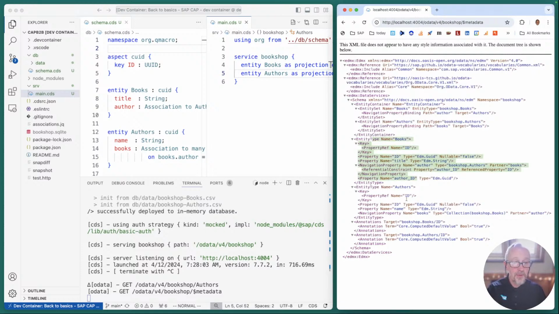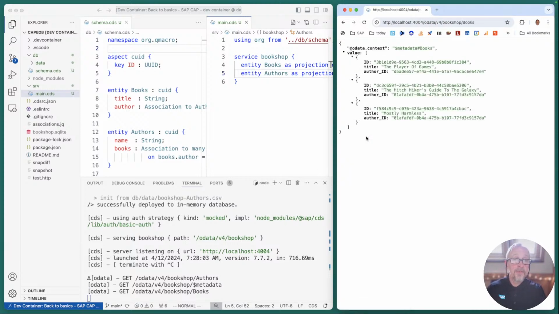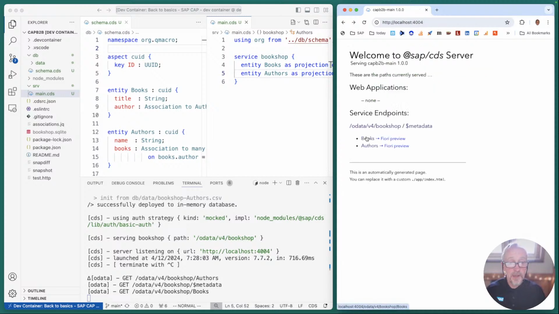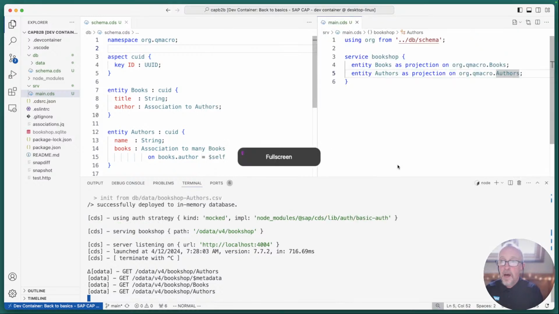We've got our entity type books, entity type authors, and we've got our books and authors exposed, and we can look at the data there. We've got The Player of Games, Hitchhiker's Guide, and Mostly Harmless, and we've also got that. Okay, so we're no further on than we were before, but now we've got a lot more,